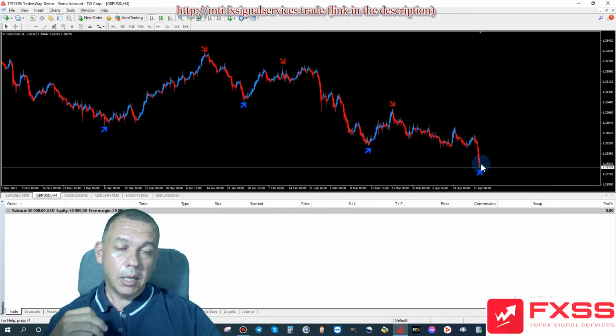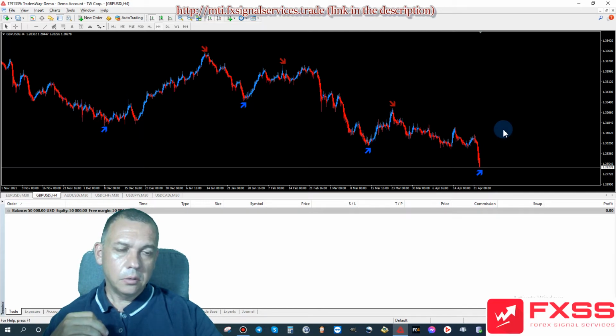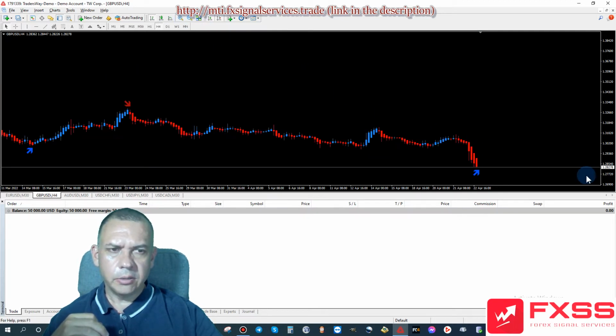So I would not buy right now because the price could drop more. It had a very sharp drop right here, which indicates that the price is definitely in a downtrend right now. Just be careful. Now you can buy, but I would wait. I would probably wait till Tuesday or Wednesday before I go place any buy trades. This is a 4-hour time frame I'm showing you right now, and we need to look at trends. If we draw a trend line, I don't know, like this.